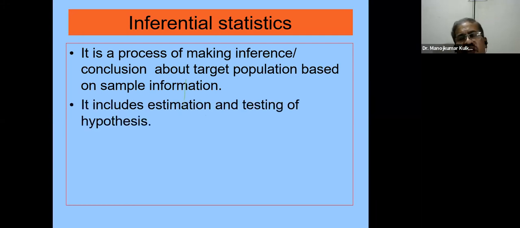Okay. Inferential statistics includes two aspects: estimation and testing of hypothesis. Estimation means we make use of sampling, we make measurements, we estimate. It may be simple random sampling, or stratified, cluster, systematic, whatever sampling. So that is one aspect. Using the sampling method, we select the subjects, and whatever measurement we have to make, we measure it. It may be computing the mean, or the proportion or percentage.